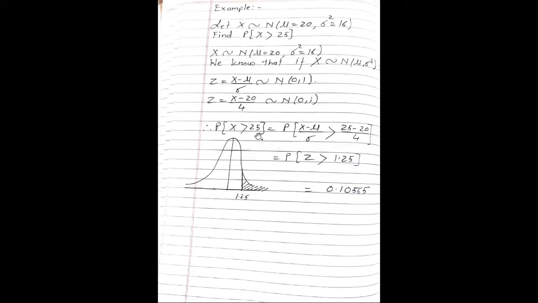So therefore probability x greater than 25 is equal to probability x minus mu upon sigma greater than 25 minus 20 upon 4, which is equal to probability z greater than 1.25. So draw the normal probability integral curve. 1.25 will come on the right hand side of the curve, and we want the greater part of the ordinate. So we will mark the portion, and the marked portion is the tail part of the curve. So I will see the value of 1.2 in the 5th column in the normal probability integral table, and I am getting the answer directly, which is equal to 0.10565.